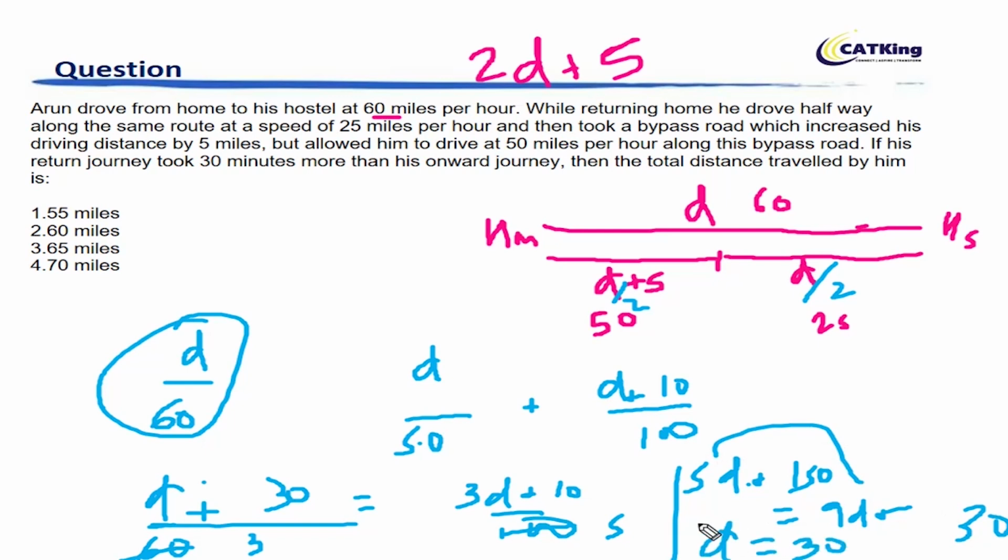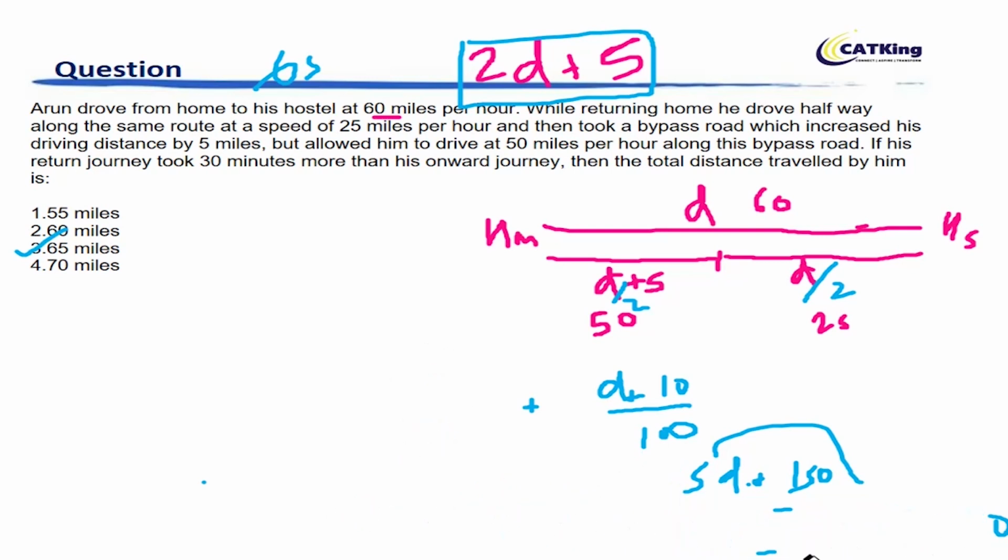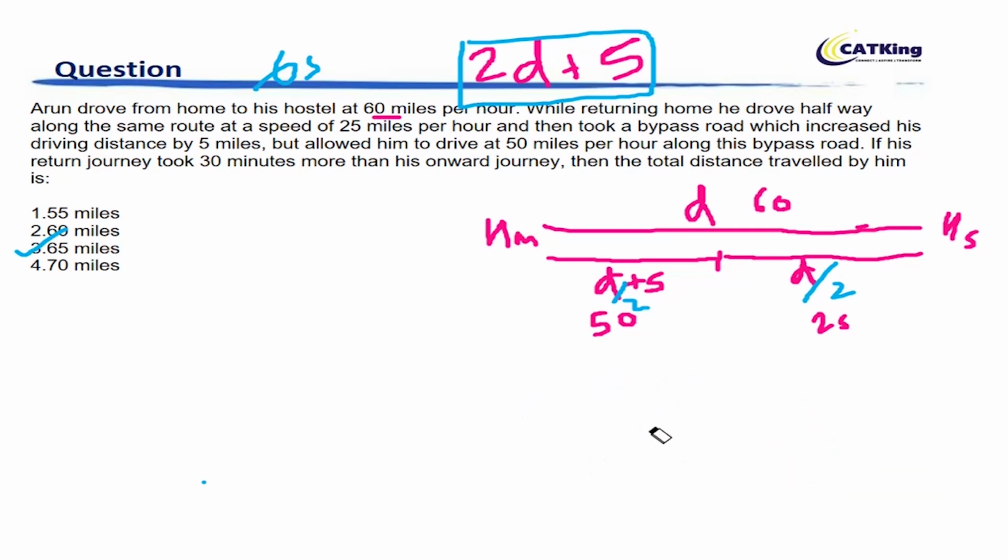Now the question is what is the total distance? It is 2d plus 5. Total distance is 2d plus 5, therefore the answer is 65. I hope this is clear to you. I hope the concept is very clear now, right? But I will suggest that you should solve it a little differently in the exam scenario. Okay, this is the right way to solve it. The one that we have done right now is the right way to do it. However, I will tell you a shorter trick to solve this in the exam scenario.